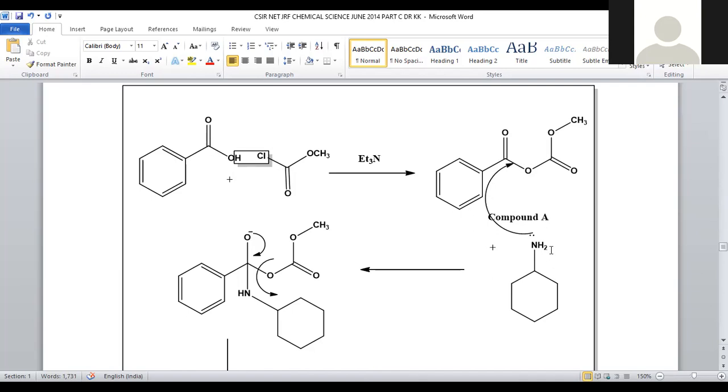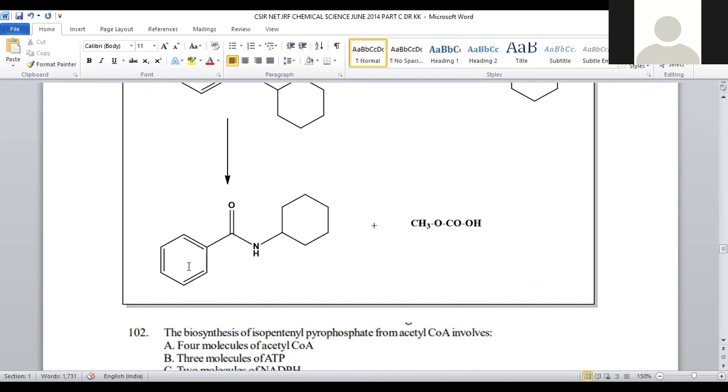Now it is further treated with aminocyclohexane. Being attached with a lone pair of electrons, the amine will nucleophilically add at the carbonyl center, so that this entire bulky group can be discarded, and with back polarization of the negatively charged electrons on the oxygen, it is converted into a ketonic functional group and this bulky group is discarded simultaneously. The final product will be a condensed amide system, with a byproduct of this one. So here is the final product, compound B.